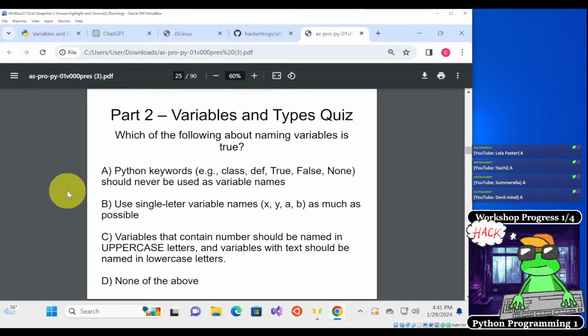So definitely what you need to keep in mind when you're naming your variables is that you should never use Python keywords like class, def, true, false, none. You shouldn't use these as variable names because Python is going to see that and then it's going to mess up. Let's take a look at an example.